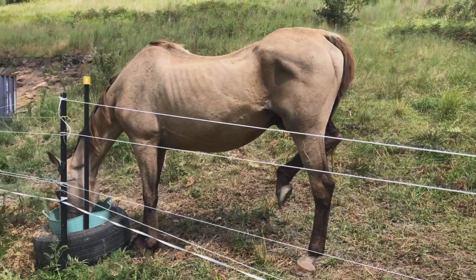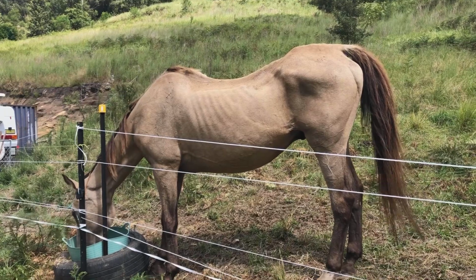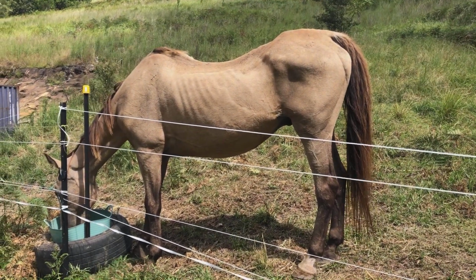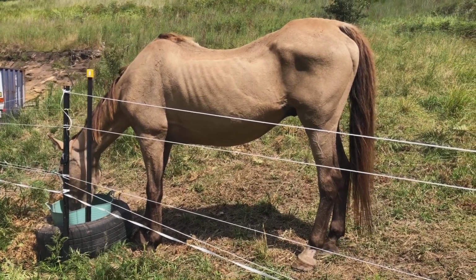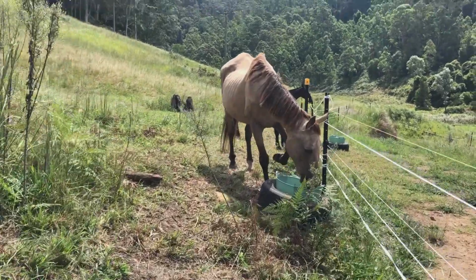I'm just doing a little video of Arthur to do a before and after, and just a check to see how he's going. I might actually come in the paddock. It's not good to the fence. Hang on. Okay, so